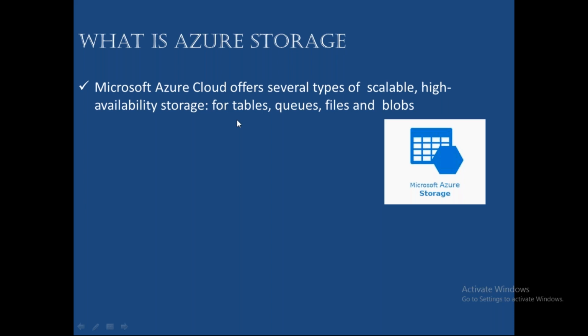Next, files. Files means suppose you have some files in the cloud and some files on-premise, and you want to share files from on-premise to cloud and cloud to on-premise through the network, then you have to use files. Blobs is basically to store all your movies, videos, audios, images, any binary data or text data. If you want to store these, you need to go with blob storage. We will discuss in detail, but this is the overview of what is Azure storage.